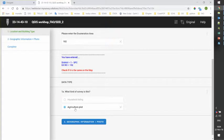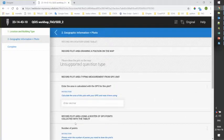If we don't select agriculture plot, this question won't be enabled. Okay, so if you click in the polygon question, record plot area drawing a polygon in the map, do we see a satellite image of the SPC headquarters on our tablet? You have to go to agriculture plot. In the first section,